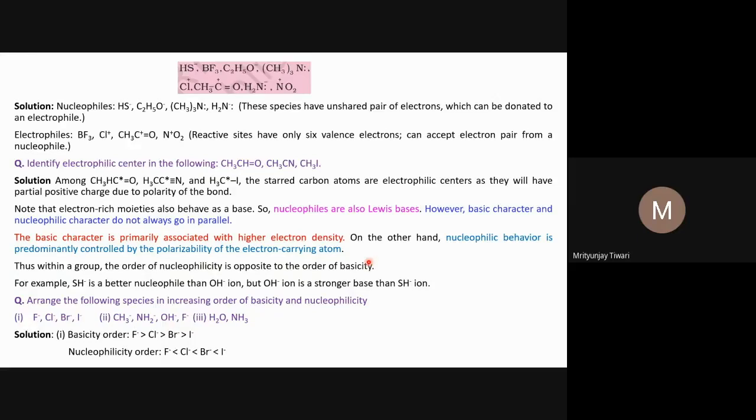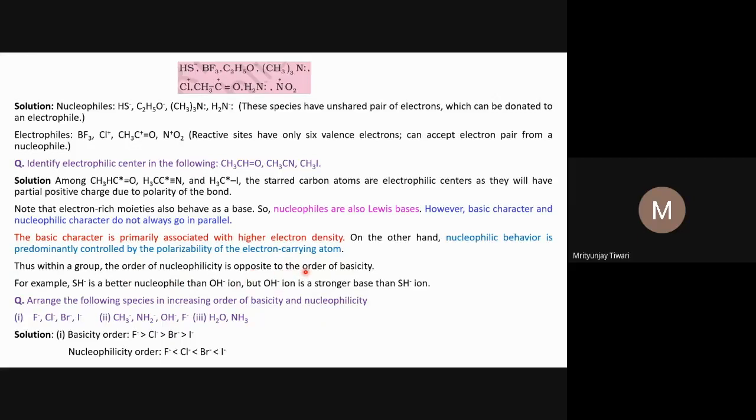These things we have already seen earlier in the periodic properties chapter. So the nucleophilic behavior is predominantly controlled by polarizability of the electron carrying species. Polarizability increases as we go down the group, and thus within a group, the order of nucleophilicity is opposite to the